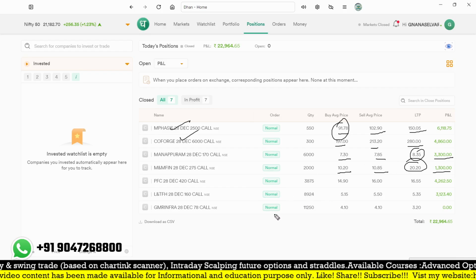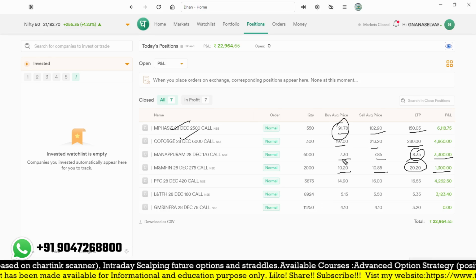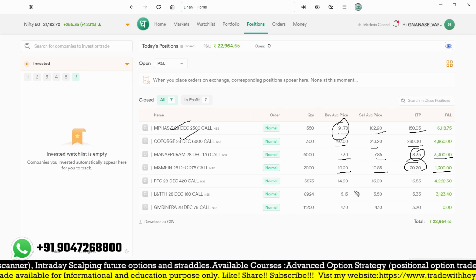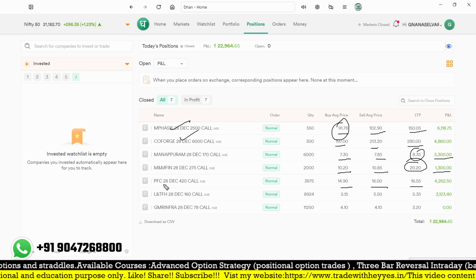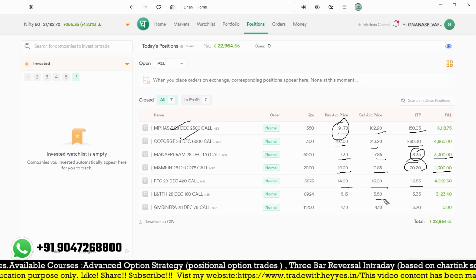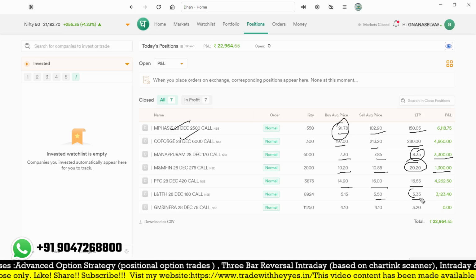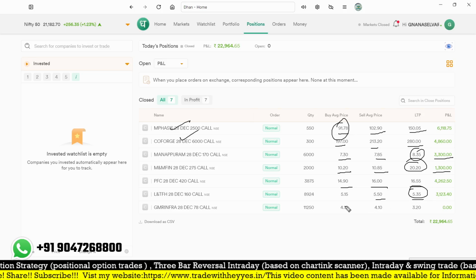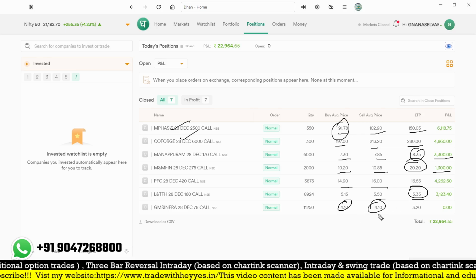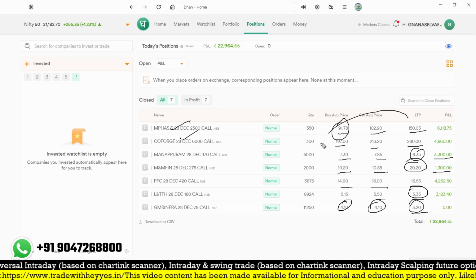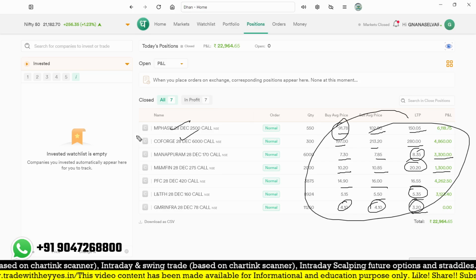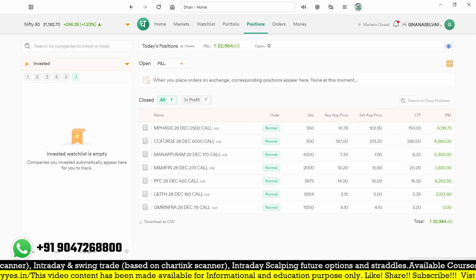And PFC, I was trying for a pullback, which is what I took as support. So 14, and 1 rupee higher, 16 closed. L&T Finance Holding, which I took, closed 20 paisa higher. The only stock was GMR Infra, which I took and exited at cost, and it closed 1 rupee lower. But if you calculate how this generated such a good result, that indicator was